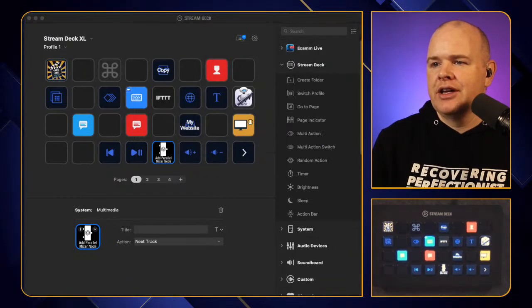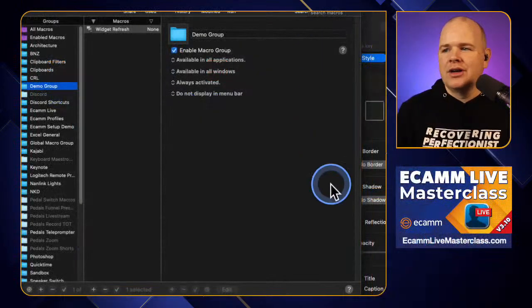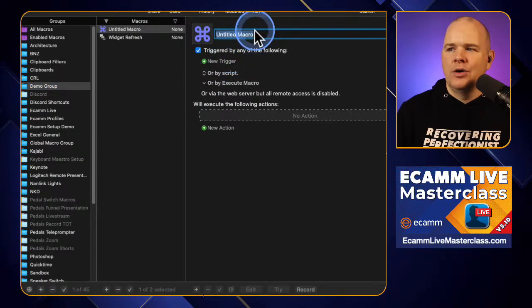And there are similar ones here for PC as well. But this is the one that I know how to use on the Mac. So Keyboard Maestro basically is for creating macros. The way that works is you've got different groupings of macros, so you can organize all of your macros. But then if we go in and create a new one, basically the way it works is